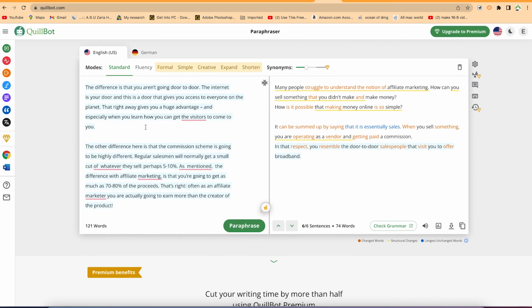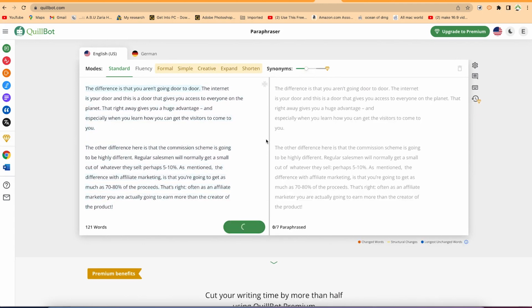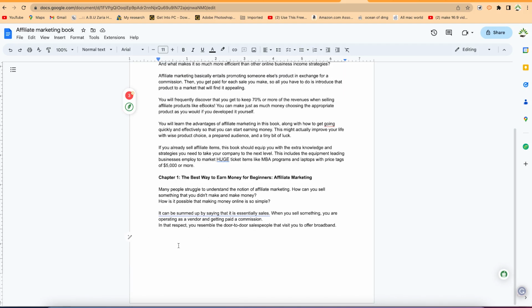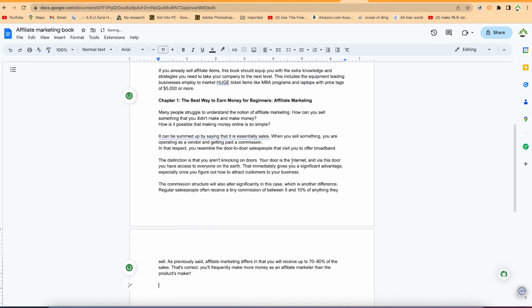You can fix the errors if you want, but for now, you don't need to bother much about the errors. We'll do that at the end of it all, so you can check the grammar and everything. If you want, you can check the grammar even at this point and correct everything, but I don't do that at this moment. So you can just copy, come back to your affiliate marketing book, and paste it. You can see you have now pasted everything.